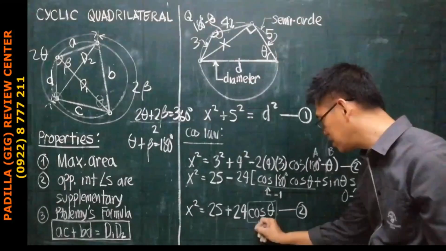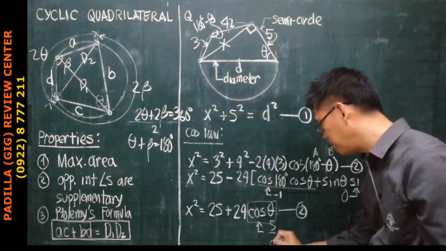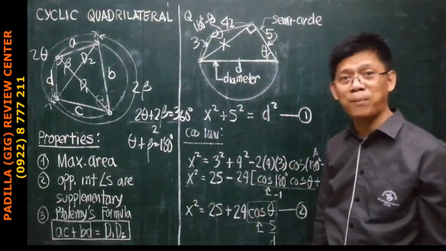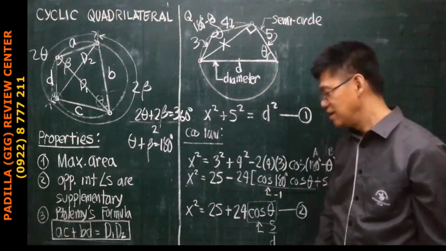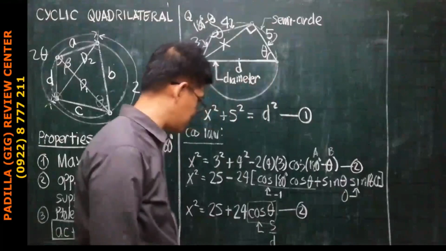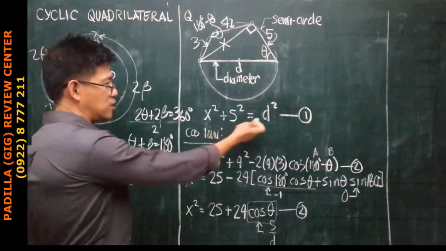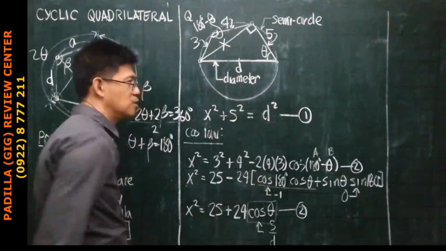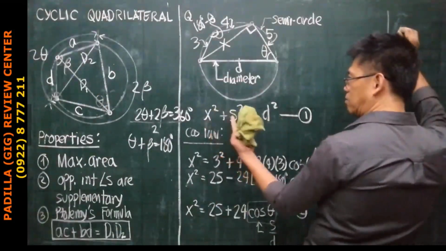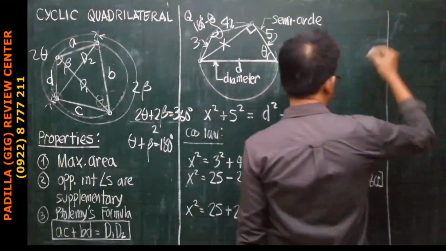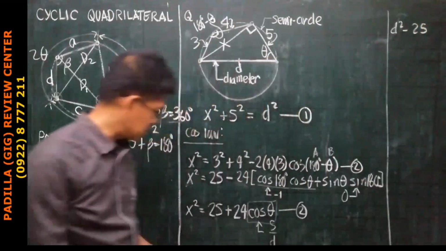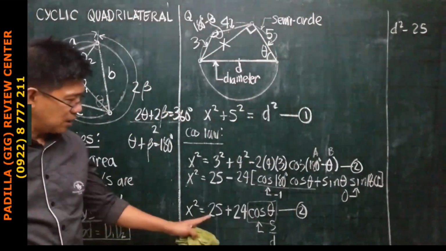I can express x from equation 1 in terms of D. So x squared is d squared minus 25. That's x squared, is equal to